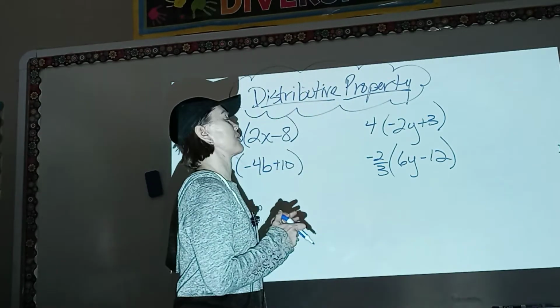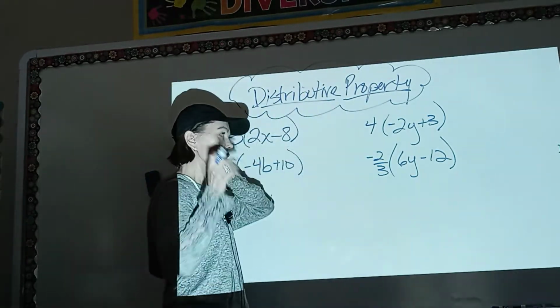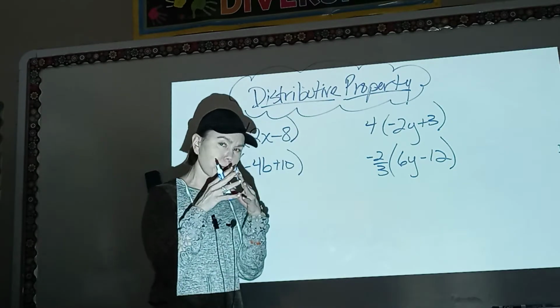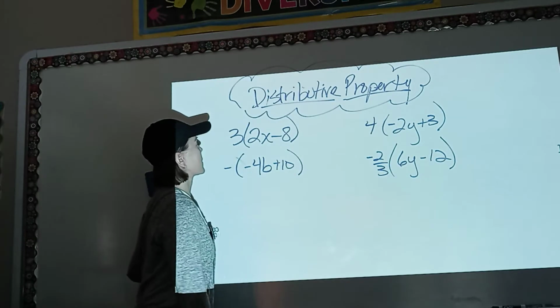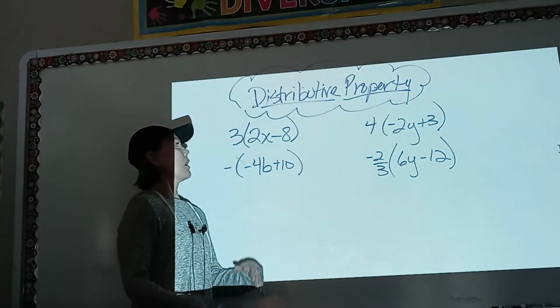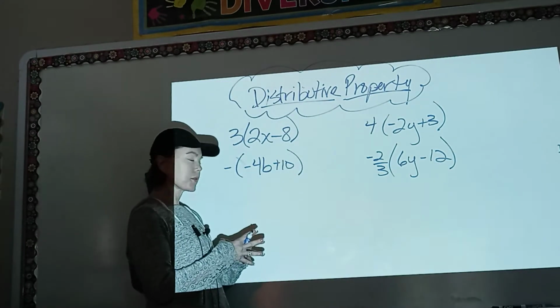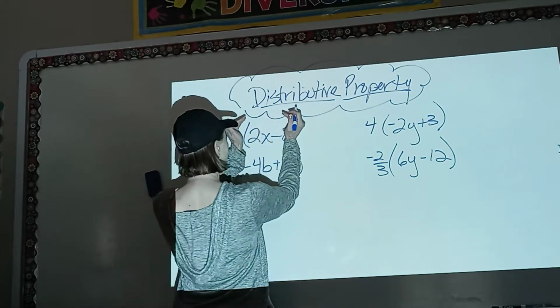This is going to be the Fast and the Furious. Okay, you guys? Distributive property. Okay, so you guys, whenever you have parentheses,